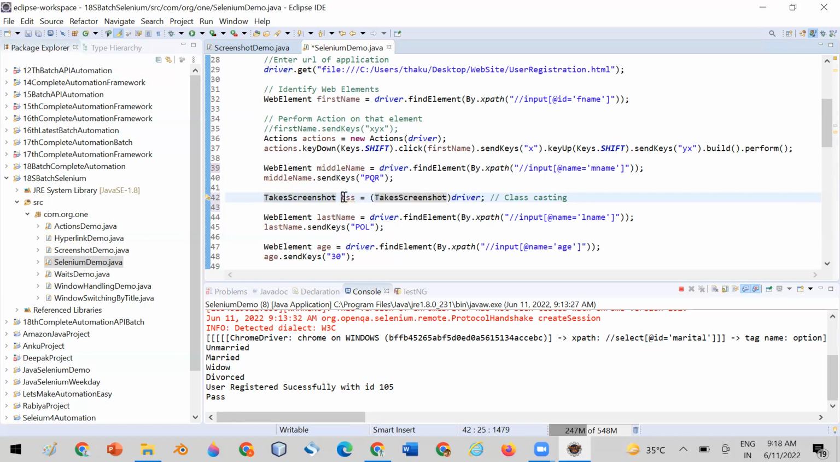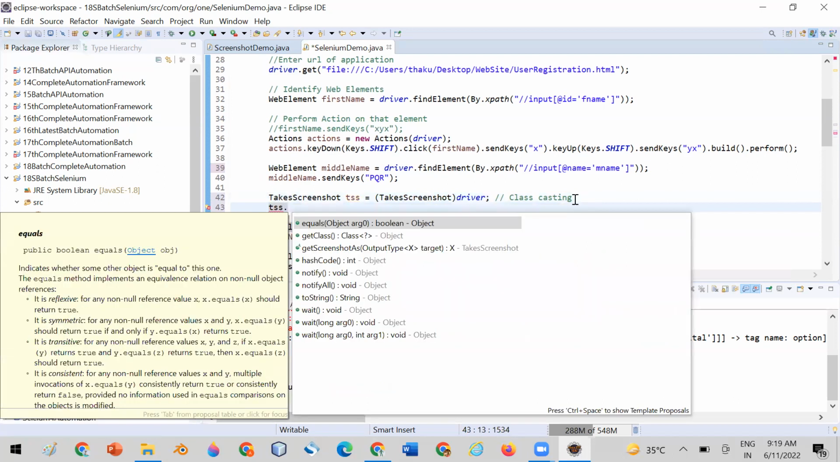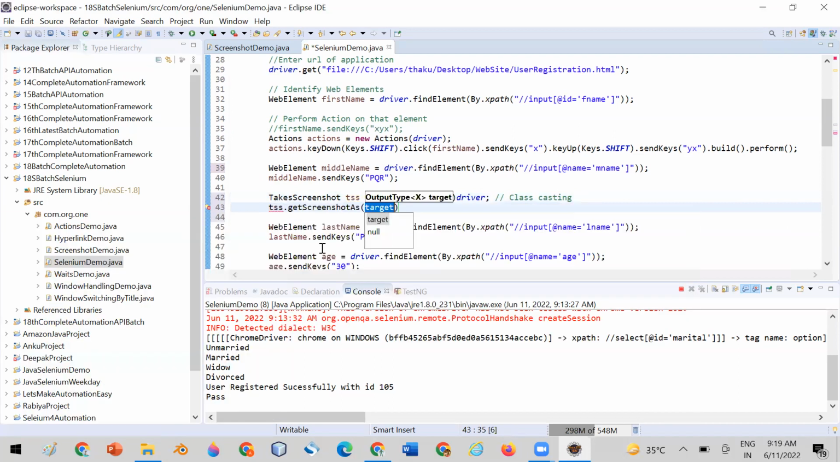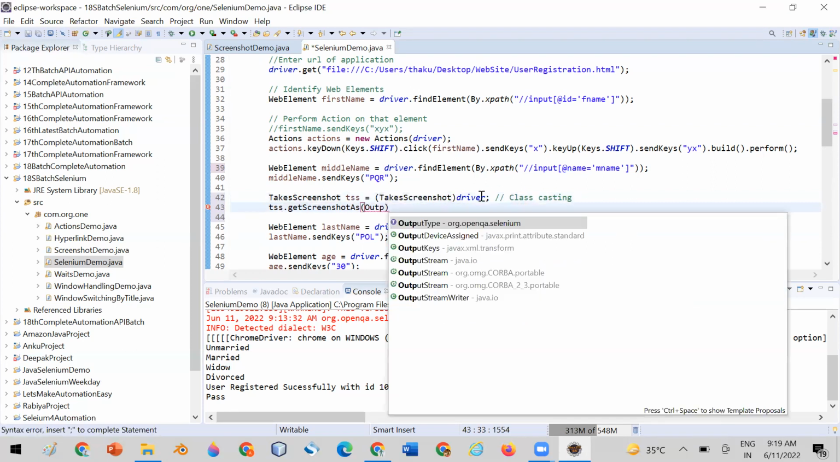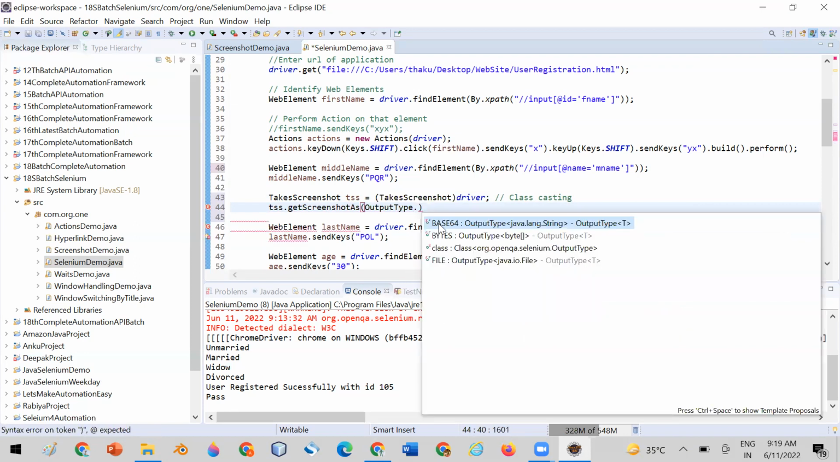Now you have the object in the TSS reference. Now you can call the function of this TakesScreenshot interface, that is called getScreenshotAs. In the getScreenshotAs function, you have to pass a parameter called OutputType. Let me write OutputType, and you have to write a dot. Why are you writing the dot? You will see that you are getting 4 options